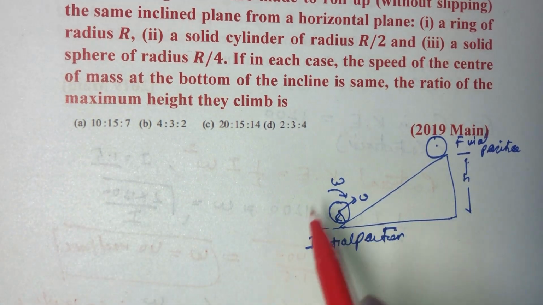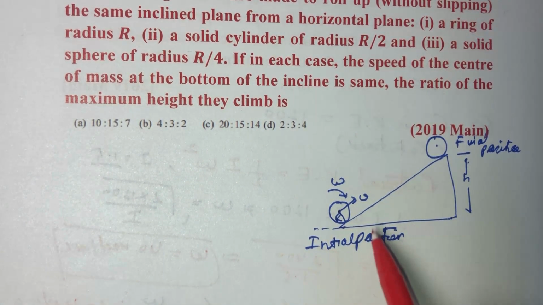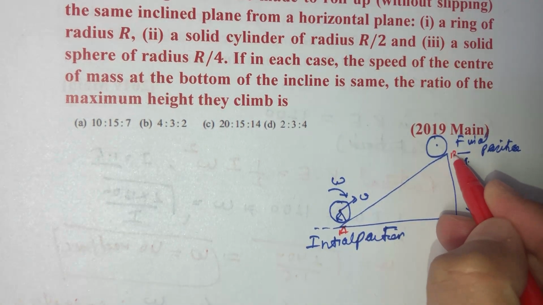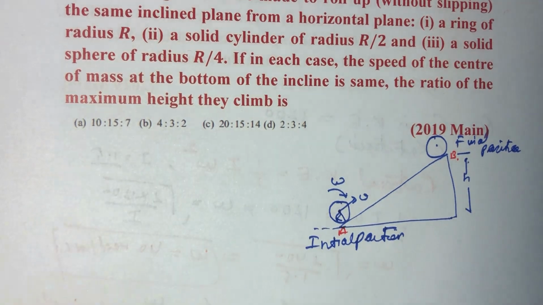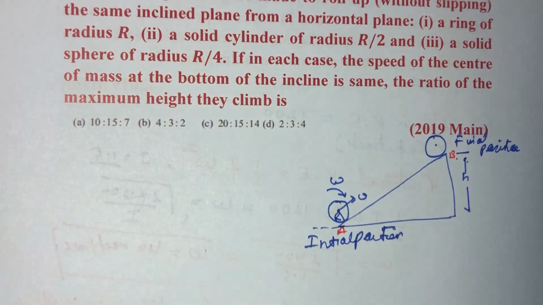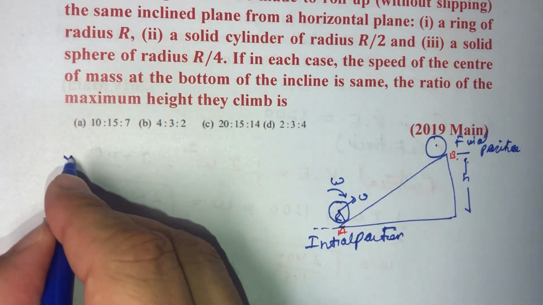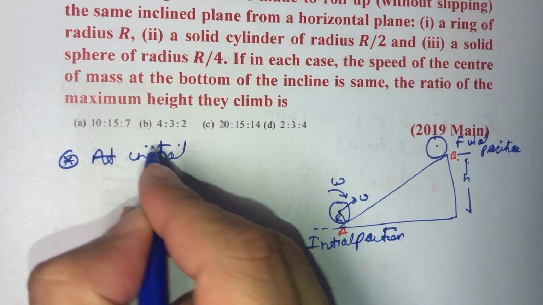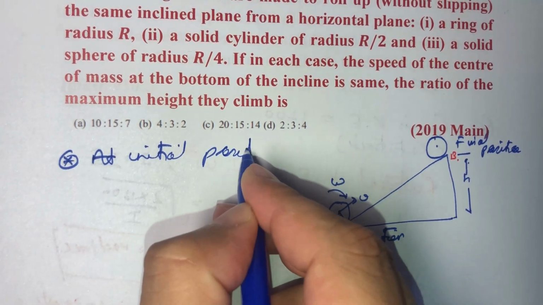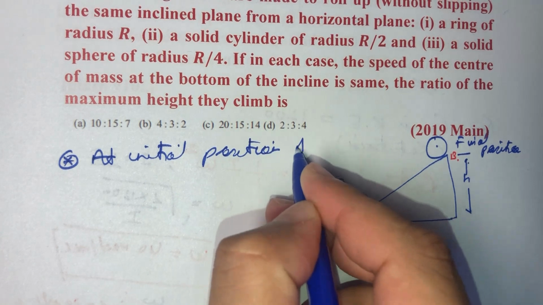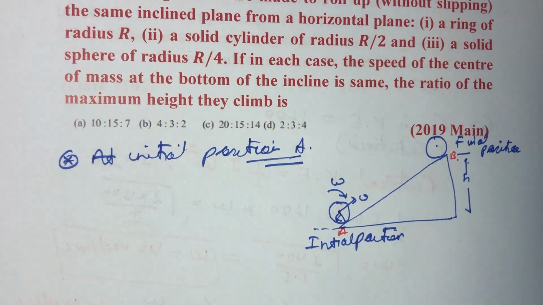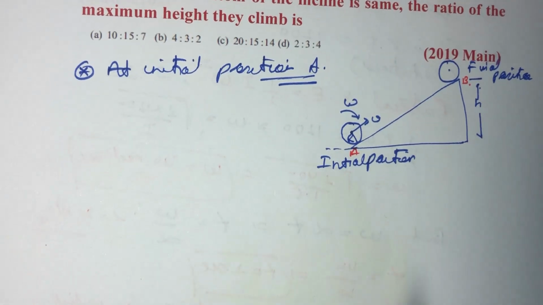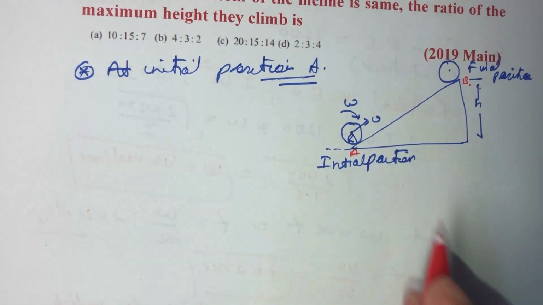So let us first of all find out what will be the initial energy. Let us suppose this is given as A and this is given as B. So at initial position A, the kinetic energy of the object,